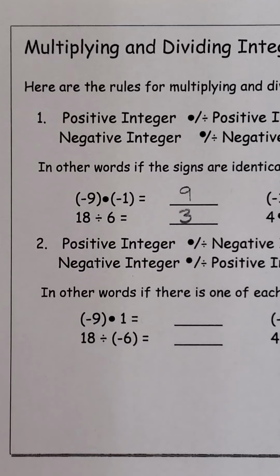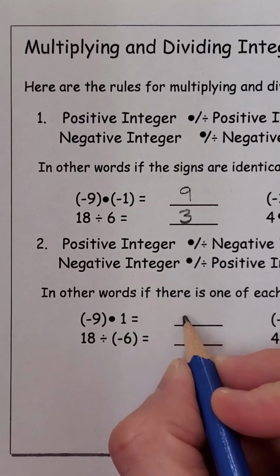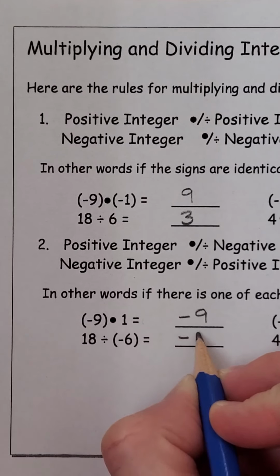One of each, and it doesn't matter if the negative's first or second, if there's one of each, when you're multiplying or dividing, you will get a negative. So we have -9, -3,